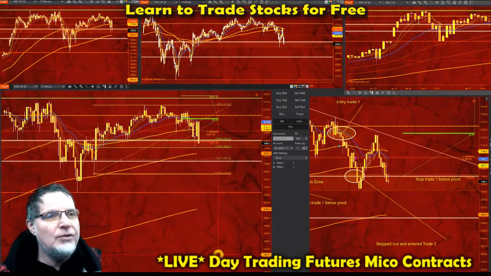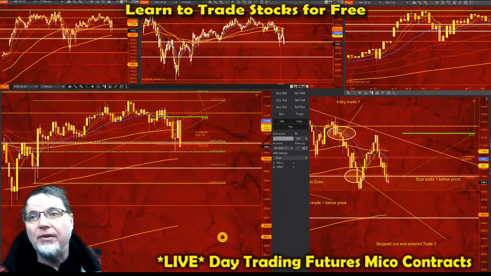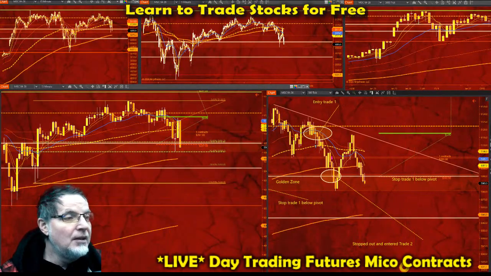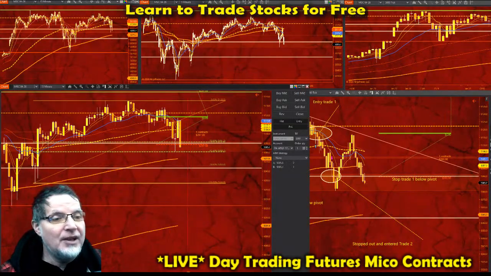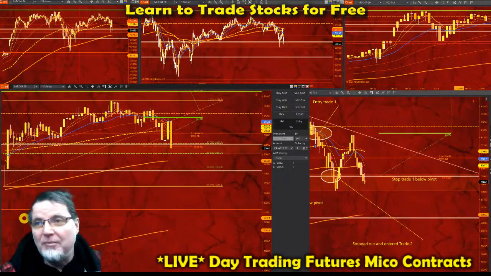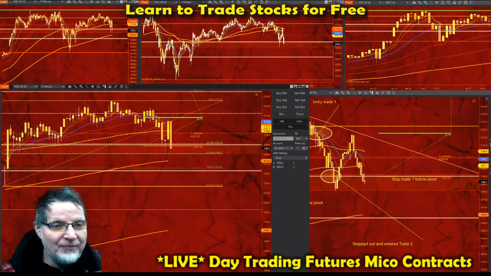So I feel like two good tries is okay. We broke even on the second one. I'm perfectly fine with that now. I'm glad I didn't get back in it. I'm very curious to see if it's going to hit my stop loss on the second one, and that will make me feel a whole lot better, because then I'll feel justified.